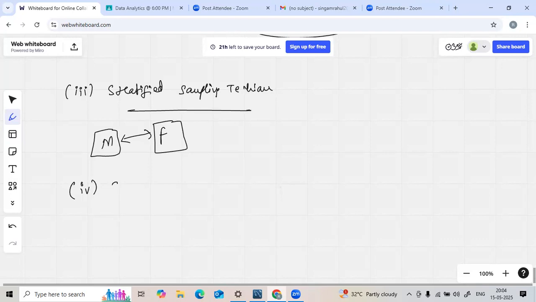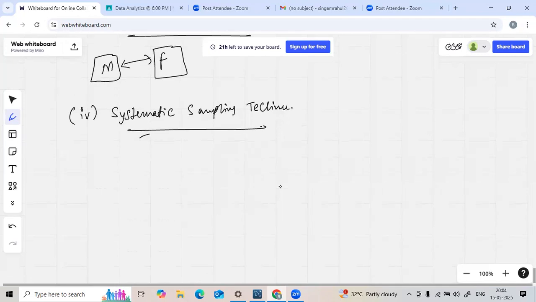You are having one more type of sampling technique called the systematic sampling technique. So what does systematic sampling mean? For example, in a systematic way, you are going to create a sample. Not only two divisions, you can do multiple divisions, no problem. The systematic sampling technique itself is nothing but